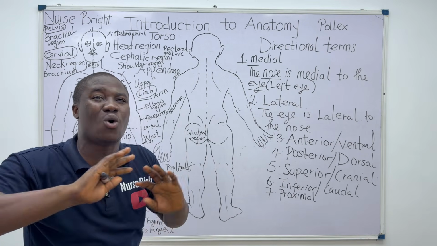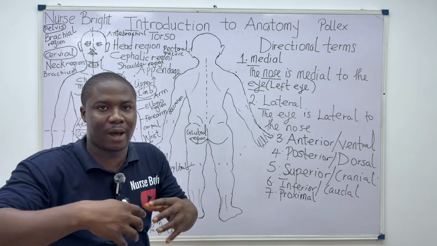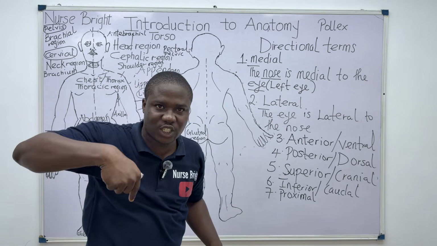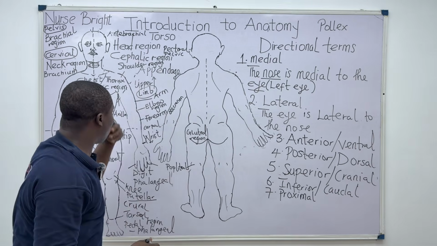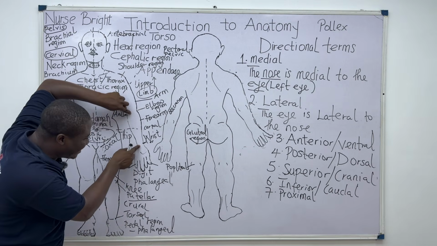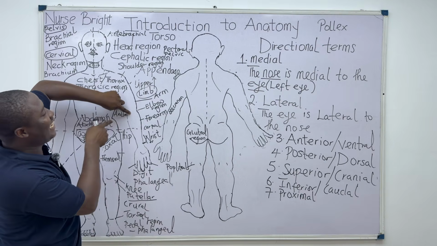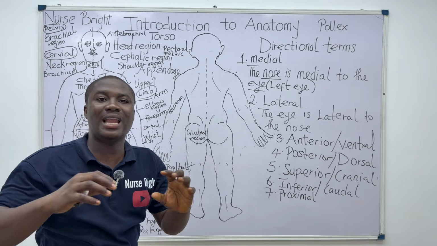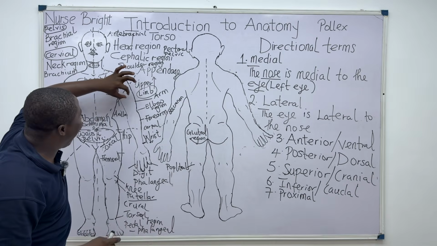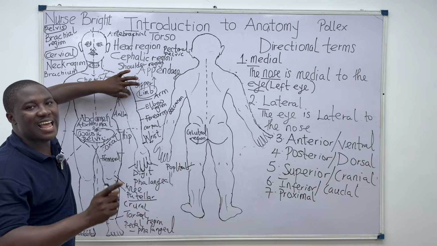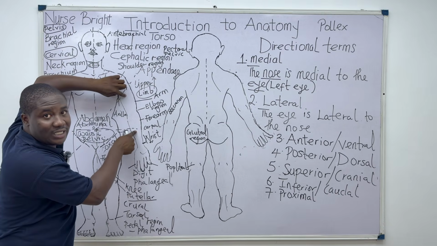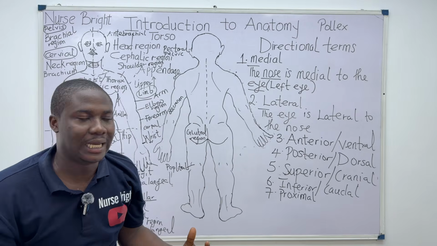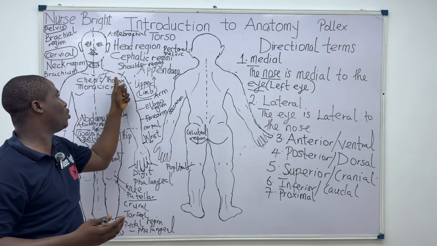That's what it means. It's not hard. So for you to know a structure that is proximal, you try to relate the point of attachment, and whichever is nearer to the point of attachment is the structure that is more proximal. So relating the elbow and the wrist, which is more proximal? It is the elbow, because the elbow is closer to the point of attachment. Now I'm making more examples. Between the arm and the forearm, the brachium and the antebrachium, which is more proximal? It is the arm, because the arm is closer to the point of attachment.